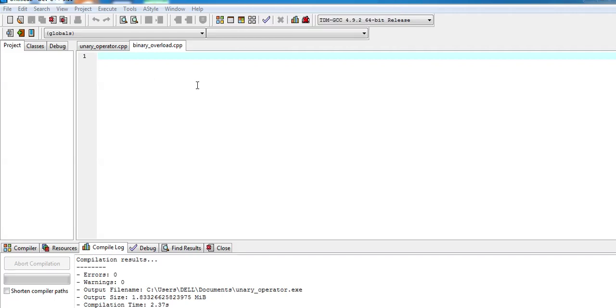Now I will explain to you the example of binary operator overloading. I just open a source file and save it with the name of binary operator overloading. Now first of all I will include the headers and the libraries, and then we'll start